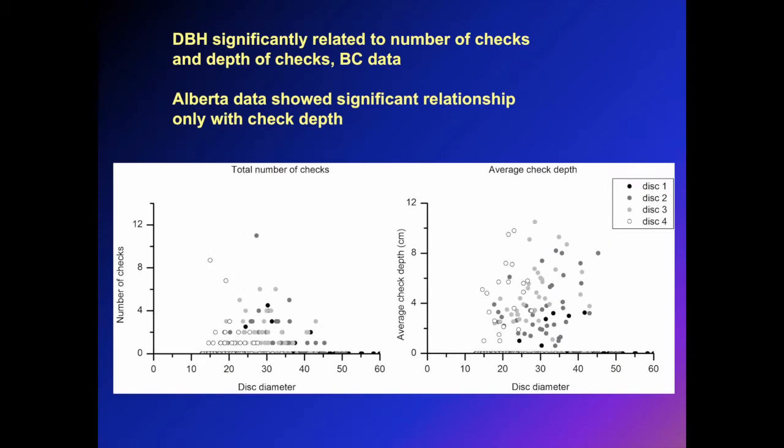In BC, we found that the diameter at breast height was a significant indicator of the number and depth of checks, and we worked that into the regression models that we developed. In Alberta, we're not seeing that kind of a relationship yet, and I think it may relate to the thing